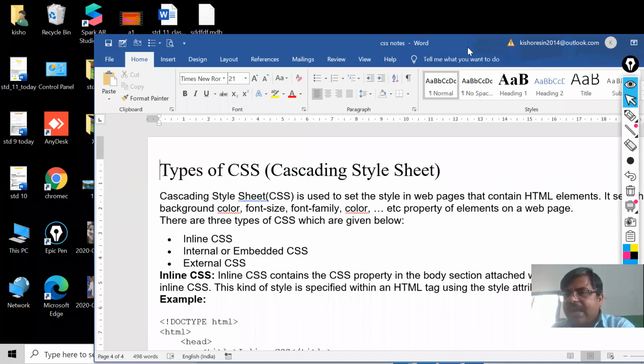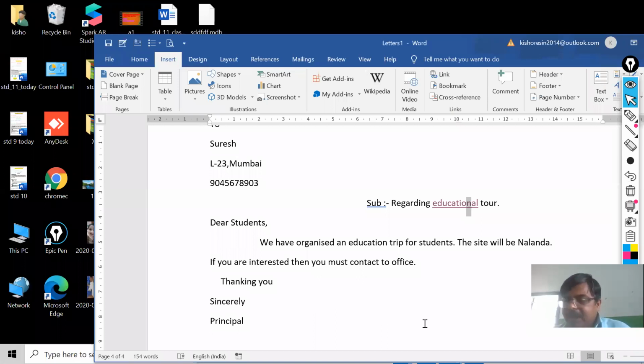So this way you can have your hyperlink in your MS Word document. And how to open it, that also I have explained. You will keep your finger on the Ctrl key and then take your mouse pointer and click the left mouse button. Both should be done simultaneously. If you remove your finger from the Ctrl key and click the left mouse button, sorry my dear, your work will not be completed. So I hope you all have understood this topic. Thank you, my dear.